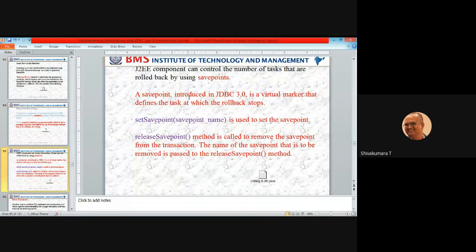So, rollback. The second concept in transactions is savepoints. Suppose there are 20,000 records present in processing, and you create some phases. Every 5,000 records must be processed as a transaction at a time.